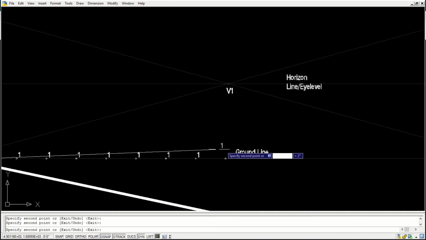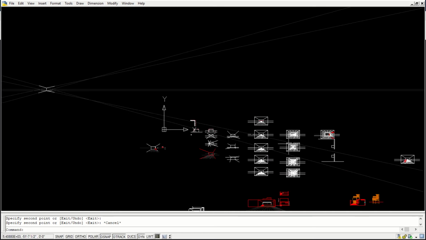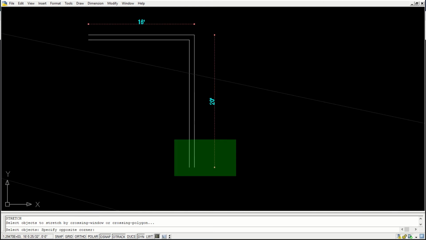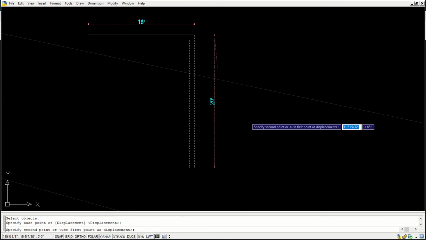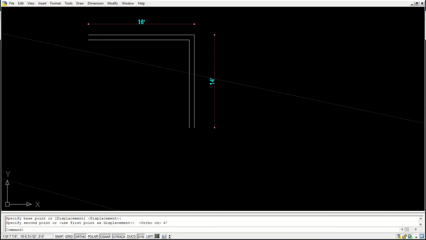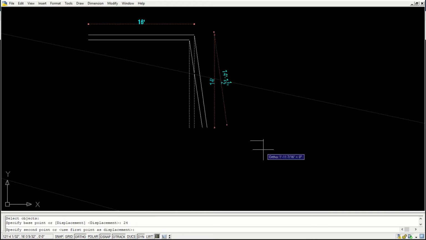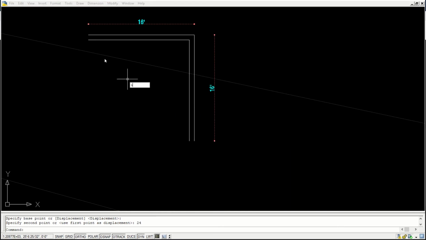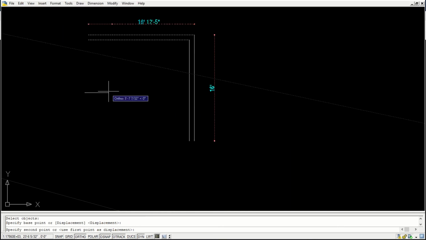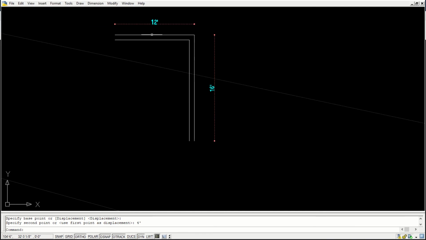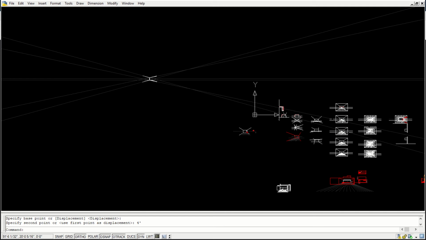Okay, it's already going out, so let me modify this. We will draw this for 16. We'll draw this for 12 maybe. Okay, so let us assume this is what we wanted to draw, a 16 feet by 12 feet grid.